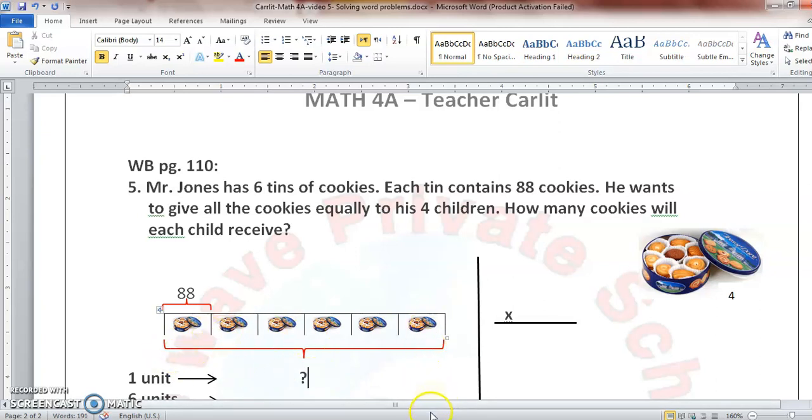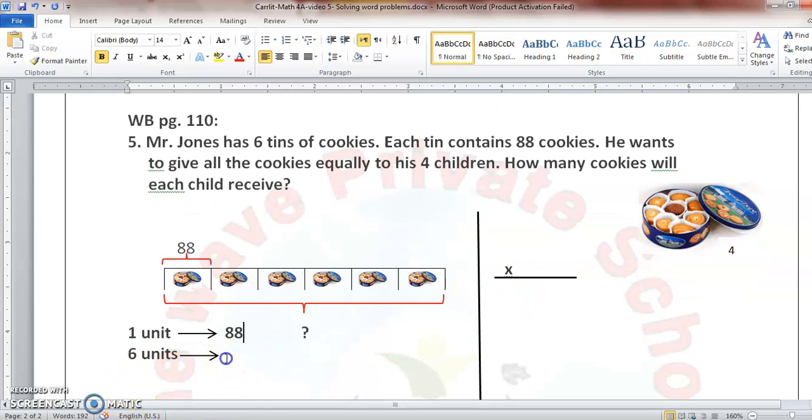Let's compute first how many in one unit or one box. It has 88, right? So in 6 units or 6 boxes,